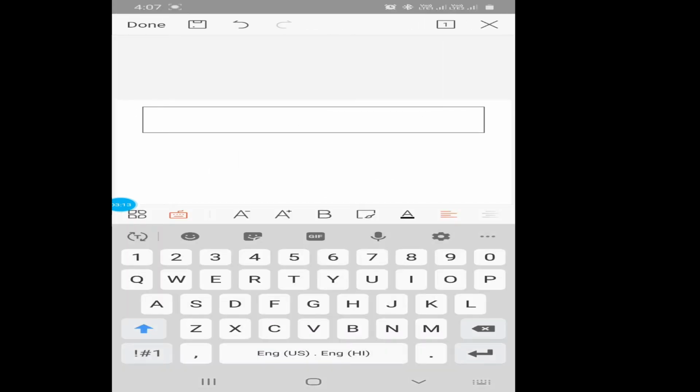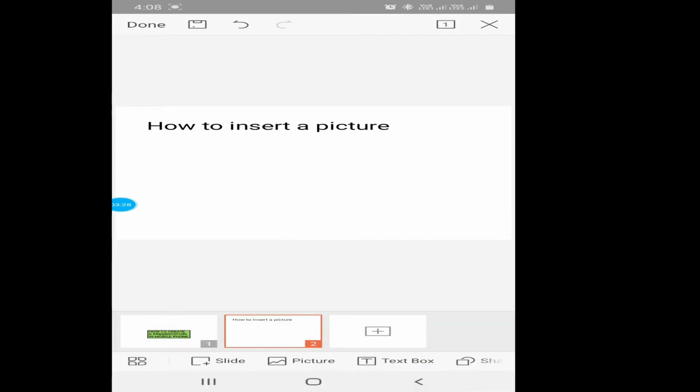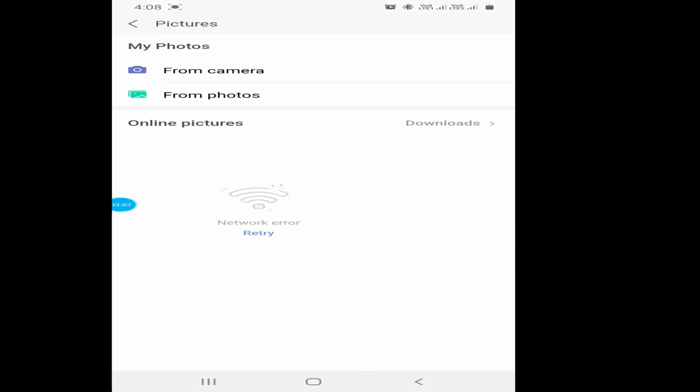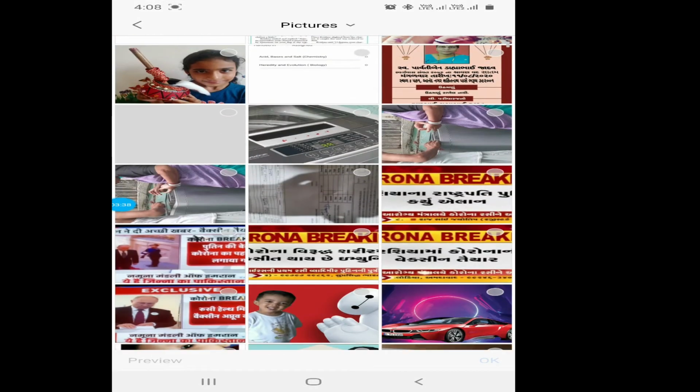In that I will write how to insert a picture. Okay, now how will I insert it? I will just click on picture and I have some photos. From that I can select any of the photos and it will be done.